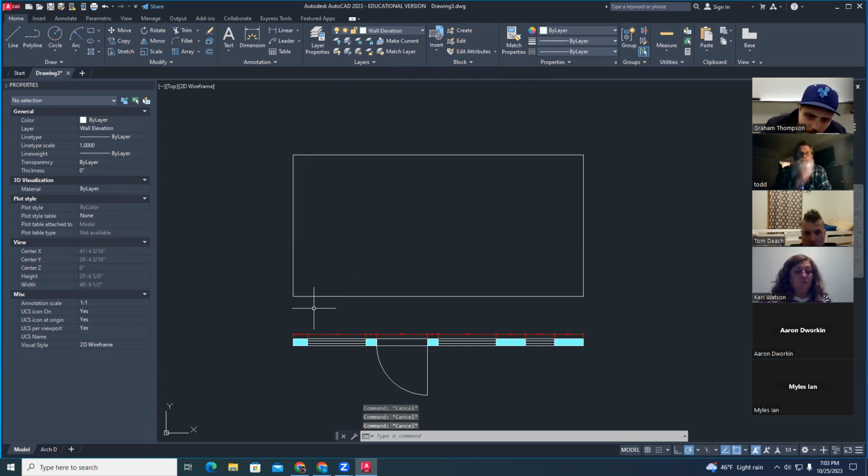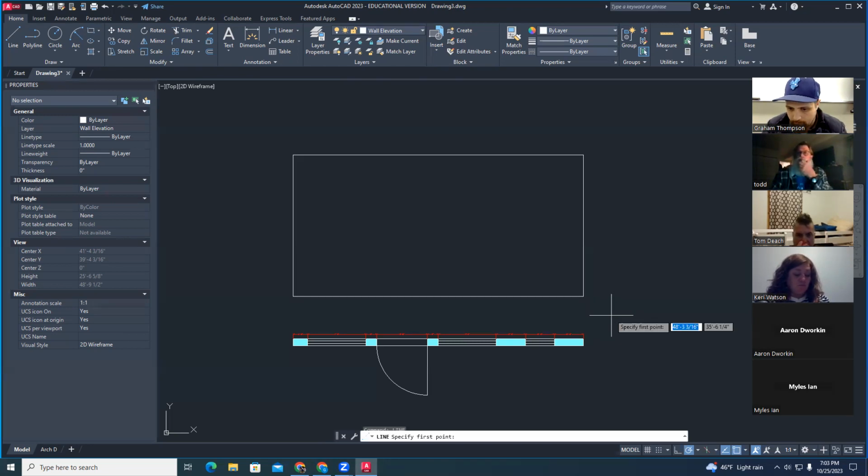Again, let's go ahead and just draw this out. We'll all see how it works together, and we can come back for some questions. All right, so I'm going to use what I call construction lines. We're going to draw these lines to create a profile view of what we're seeing without doing a whole lot of work. So I'm going to type in line on my keyboard, and